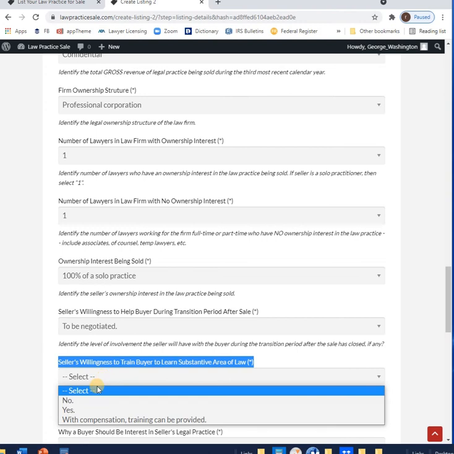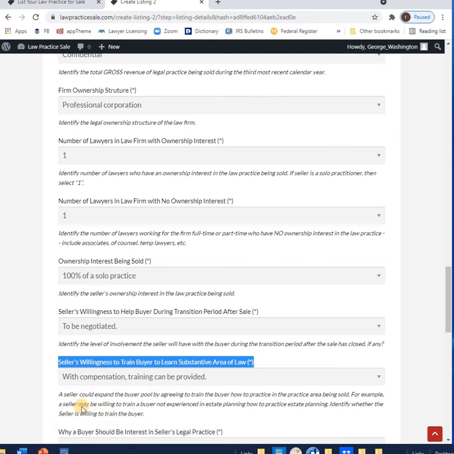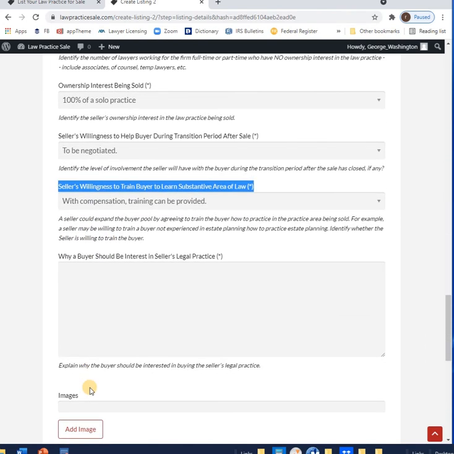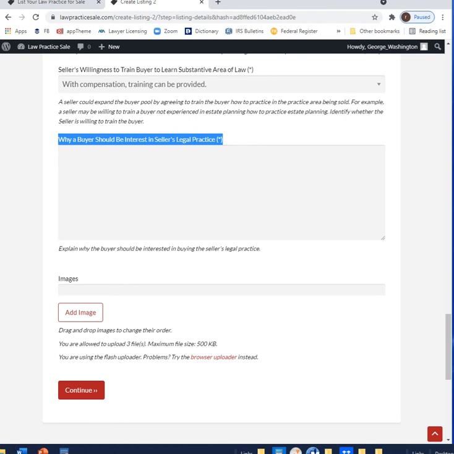And let's look at the options. No, yes, and with compensation, training can be provided. In this particular case, George Washington will be able to train, and they want compensation for doing that. So we're going to pick with compensation, training can be provided. Let's scroll up. The next one says, why should a buyer be interested in the seller's legal practice? And that just gives the seller a chance to highlight the essence of the practice. So we're going to say here,